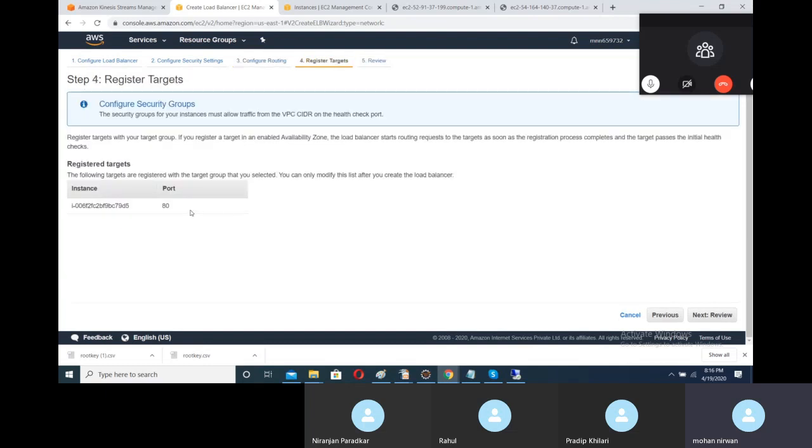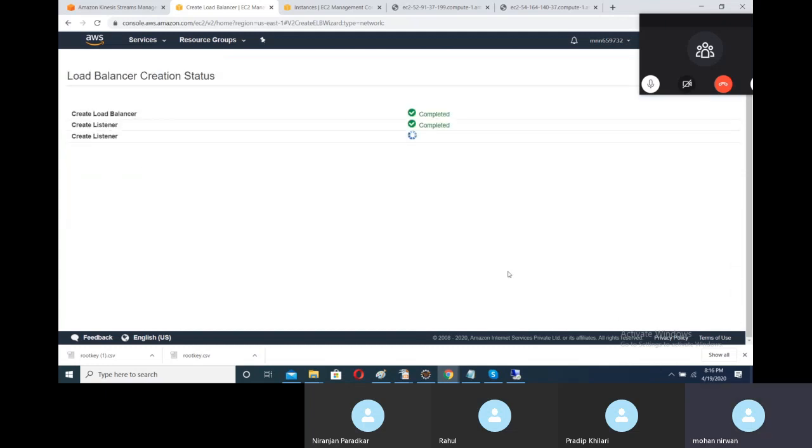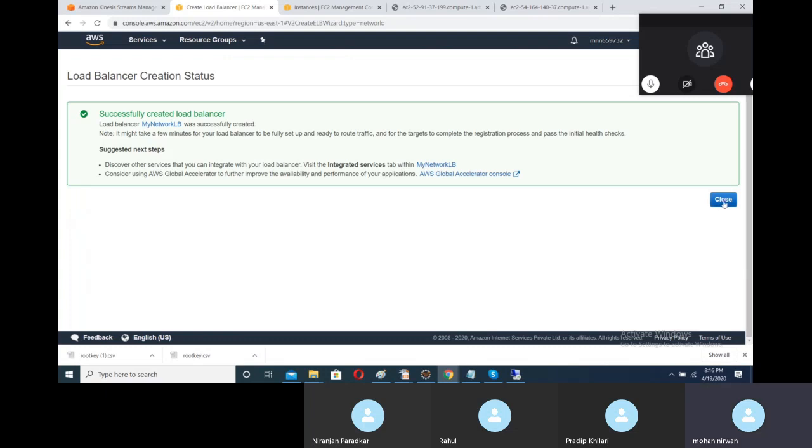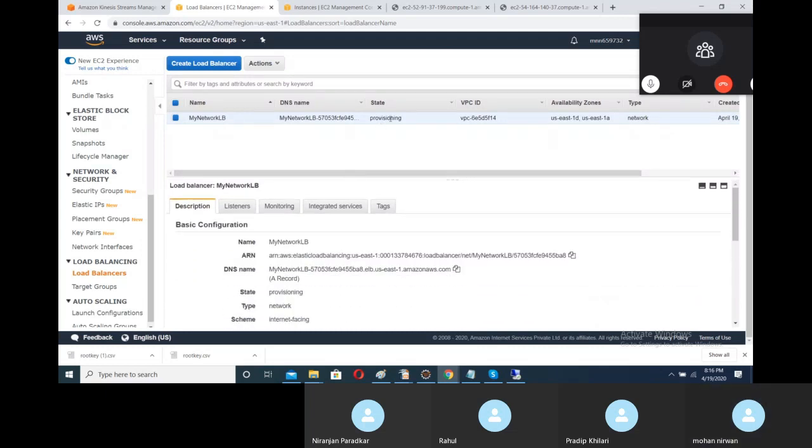Register target, that is already there. Review and create. So that is in the state of provisioning now. Let it become active.